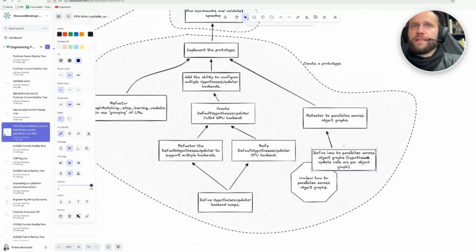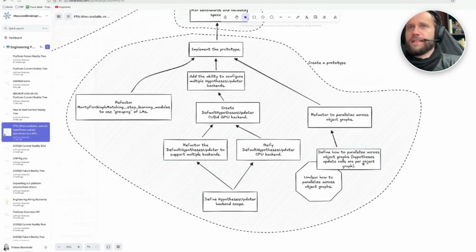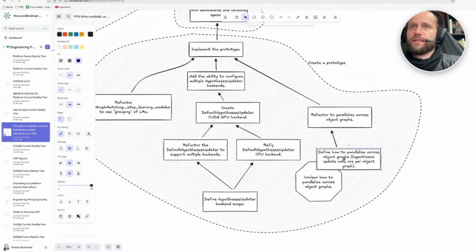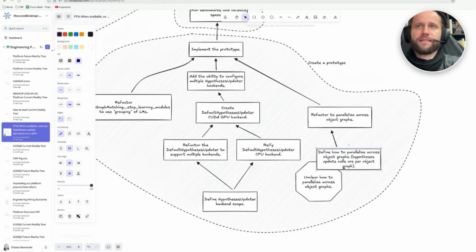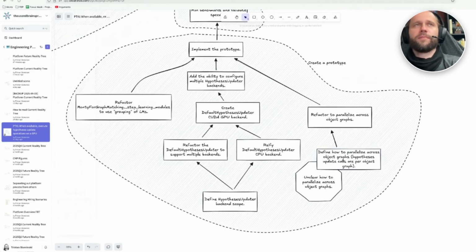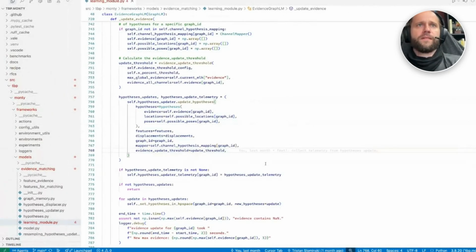So I think what we can spend today on, or at least start, is to think through and define how to parallelize object graphs. Basically hypothesis, because hypothesis updater calls are per object graph. And to that point, let me make this bigger so it's visible. Okay. So to that point, this is